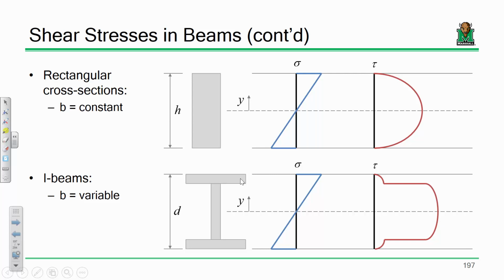Now, I-beams have something kind of interesting. Watch this. Remember, it's VQ over Ib. b is the width of the beam, and that can be variable. As you start at the bottom and work your way up, here's b, here's b, here's b, bam, here's b. b has a sudden change, right? So think about what happens. Your b suddenly goes from here to here, it gets smaller. So if b gets smaller, VQ over Ib gets bigger, right? So if you look at an I-beam, you have a sudden jump in shear stress right there at that flange-web